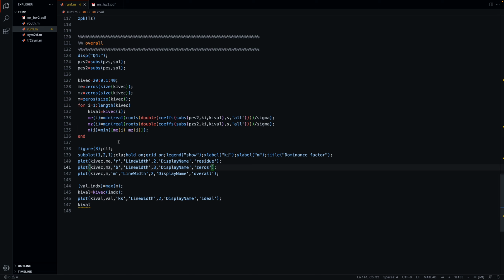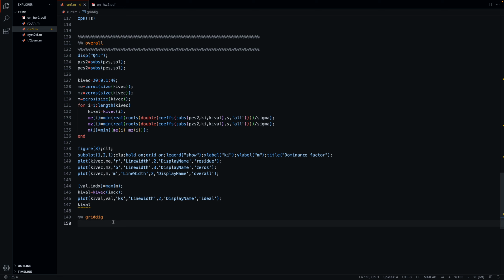But for this specific system, the question asks us to just maybe for once check out the solution where you try to optimize the settling time and overshoot directly without looking at the dominance factor. Because we assume that we have a pole pair based on settling time and overshoot. We looked for the stabilizing interval, that's also okay. And then we looked just only at the dominance factor in terms of residue poles, zeros, and then overall. But now let's forget about this. Forget about all this stuff. Go ahead and repeat this using gridding,